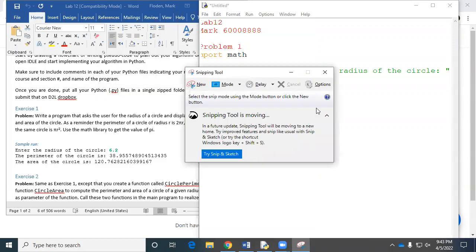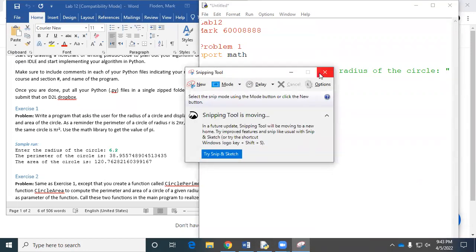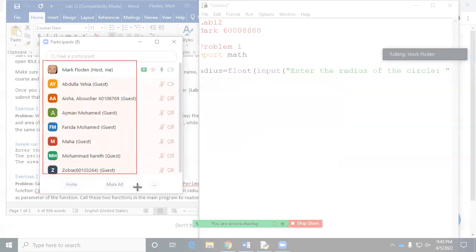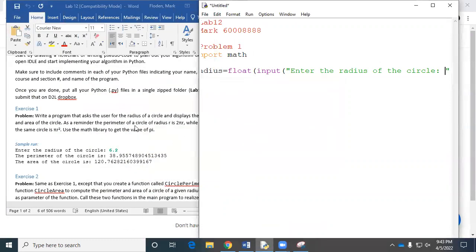And I'm just going to take a snip. Now, there's other ways that I can see what you're doing, but this is easy. For heaven's sakes. Tell you what, the Zoom windows, they don't automatically go back into the background. I mean, they're just there. All right, so